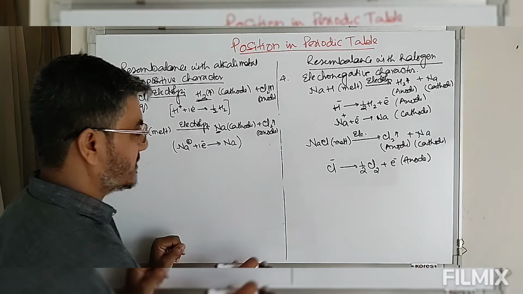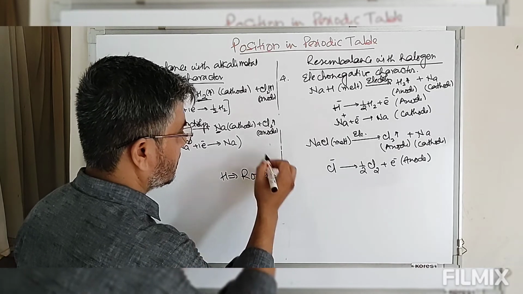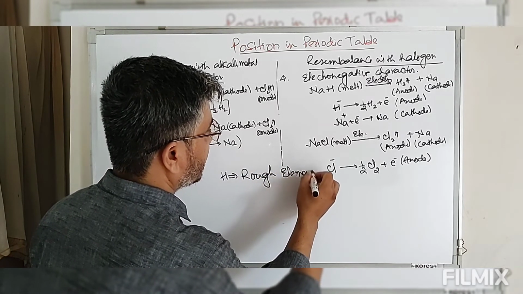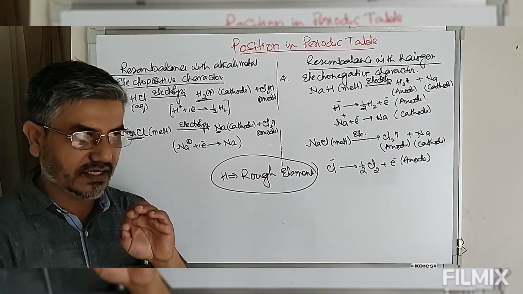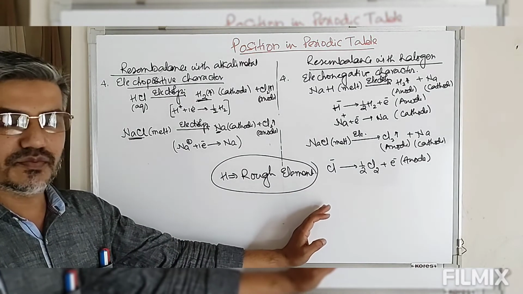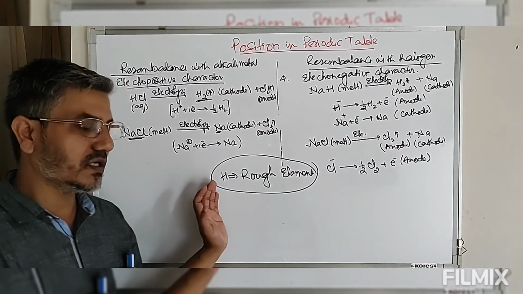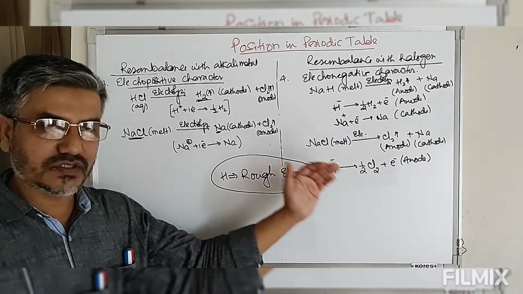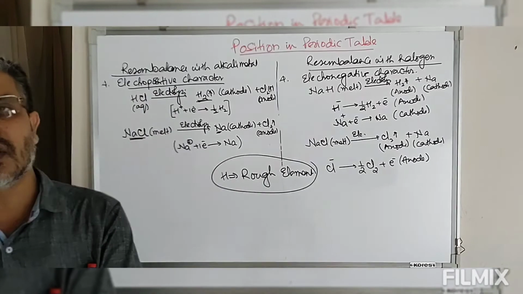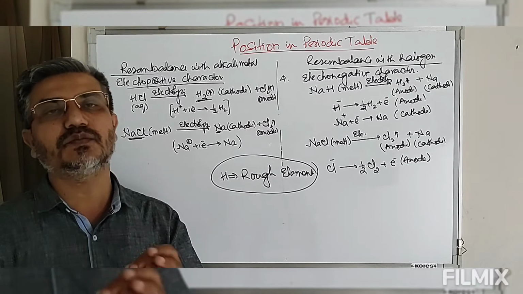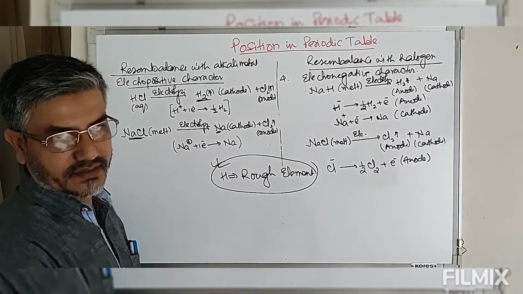Based on this, hydrogen is sometimes known as a rogue element. This is the reason why it is considered a rogue element, because it cannot have its exact place in the periodic table. Some of the properties resemble alkali metals, so based on this we can say it has to be placed along with the alkali metals. Some of the properties resemble halogens, so based on this we can say it must be placed along with halogens. But it can be placed neither along with halogens nor along with alkali metals. There must be a separate or distinct place for hydrogen in the periodic table, and this is the reason why hydrogen is known as a rogue element.